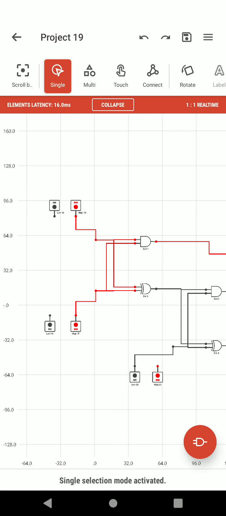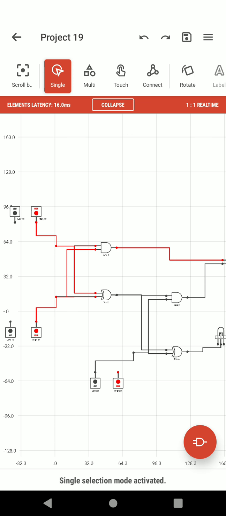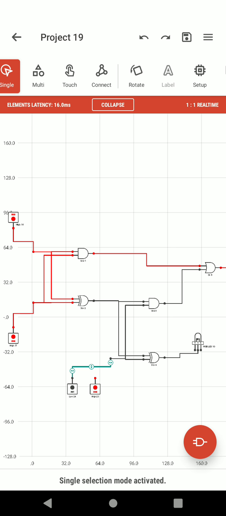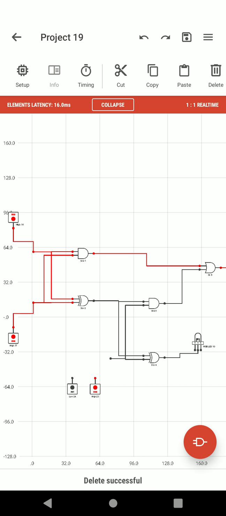Now another case, when all three inputs are 1. Here already A is 1, B is 1. Now let's connect C to 1. Just click on this connection and select cut, that is delete. So that connection will be deleted.